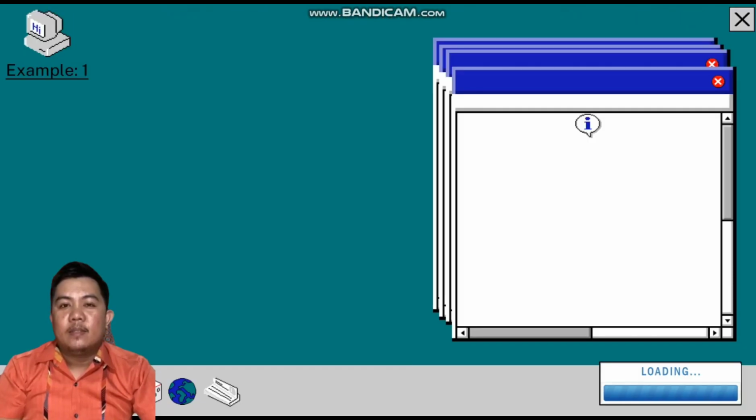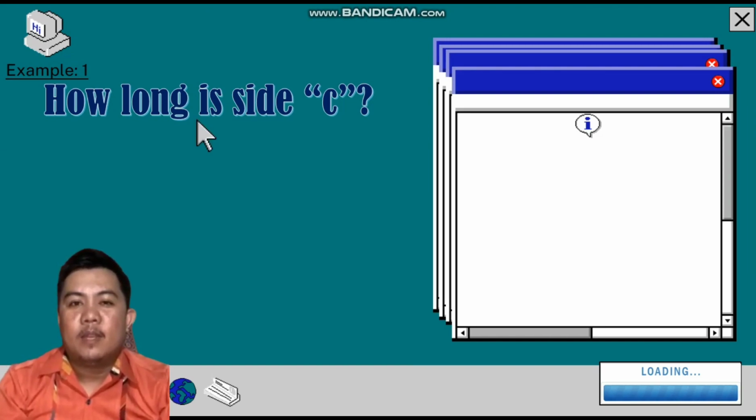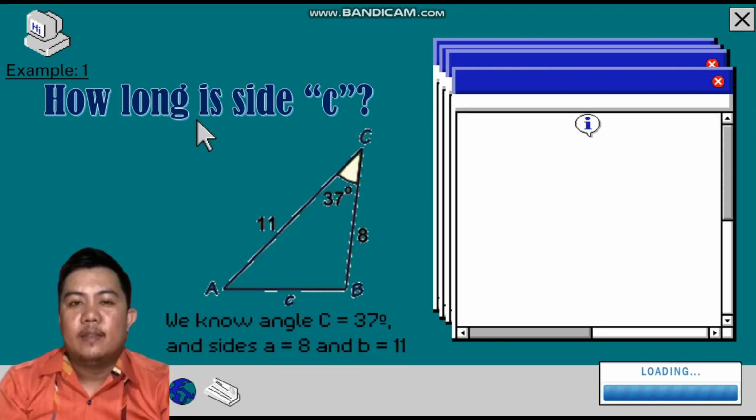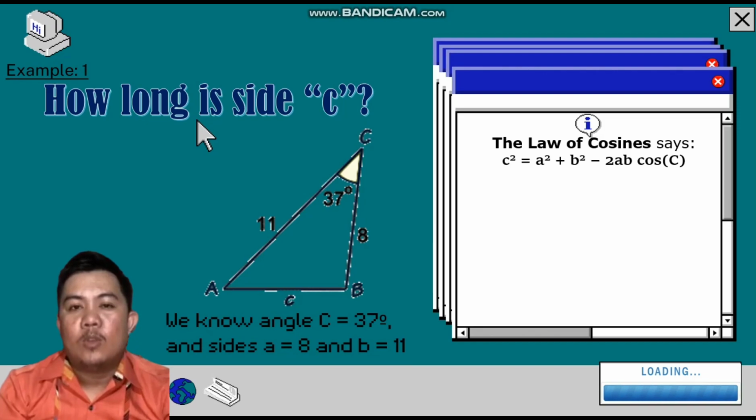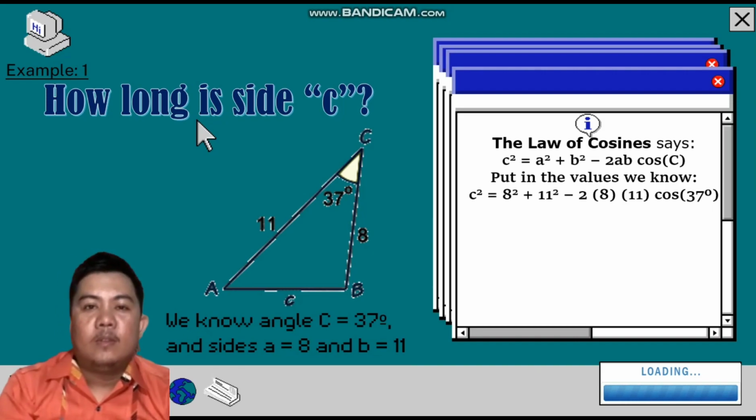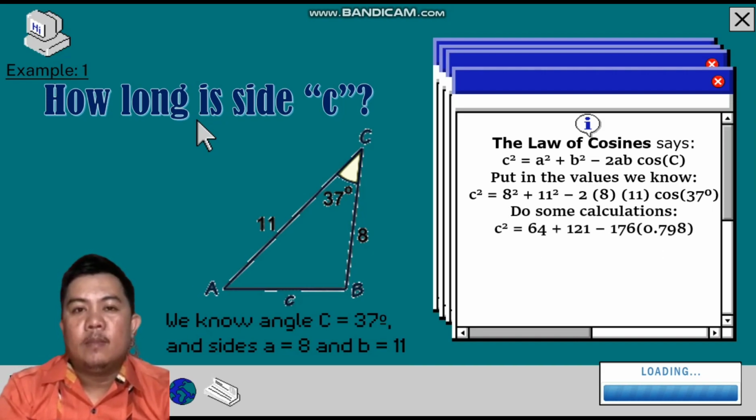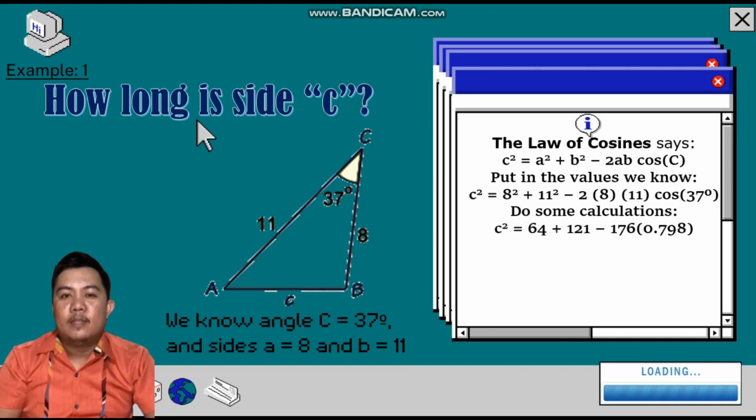For example, number 1, how long is side C? Based on the figure shown, to solve this problem, we know angle C is equal to 37 degrees, side A equals 8 and side B equals 11. The law of cosine says C squared equals A squared plus B squared minus 2AB cos C. Put in the values we know, C squared equals 8 squared plus 11 squared minus 2 times 8 times 11 cos 37. Do some calculations, so we have C squared equals 64 plus 121 minus 176 times